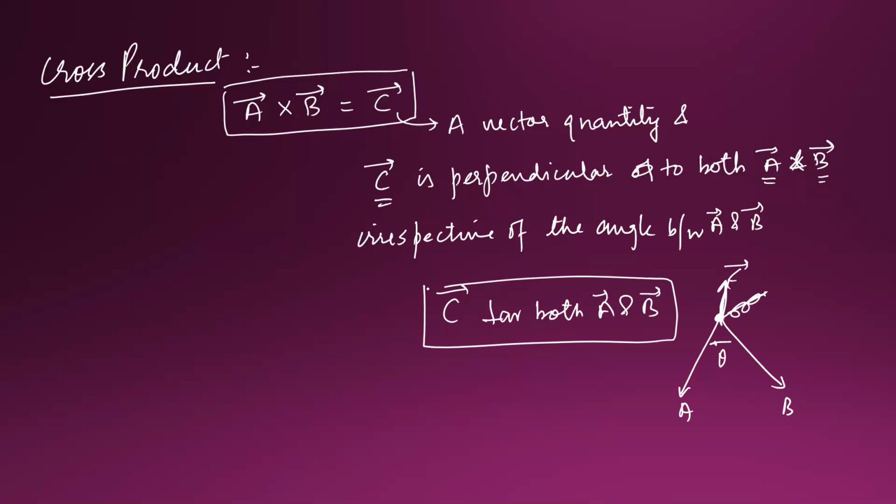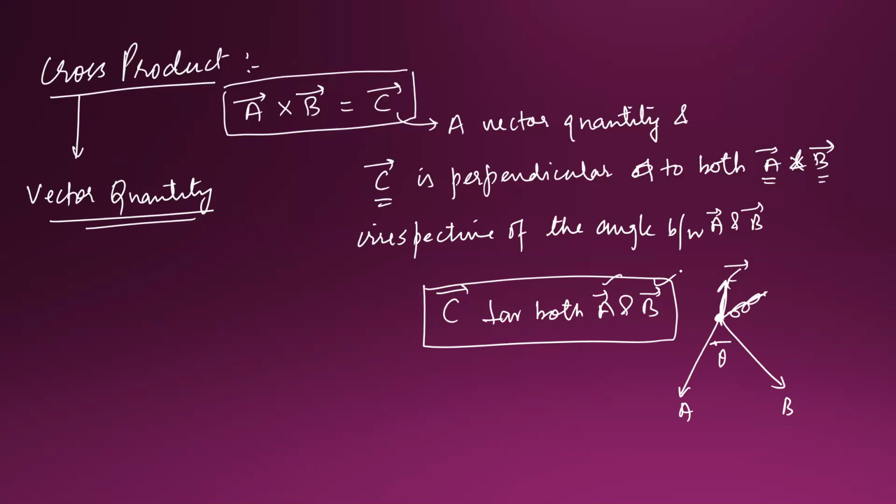मोस्ट इंपॉर्टेंट बात, तो जब कभी भी आपको कोई क्रॉस प्रोडक्ट निकालने को बोलेगा, तो क्रॉस प्रोडक्ट से हमेशा आपको एक वेक्टर क्वांटिटी मिलेगी. क्रॉस प्रोडक्ट से हमेशा क्या मिलेगी आपको, एक वेक्टर क्वांटिटी. और ये जो भी वेक्टर होगा, दिस विल बी परपेंडिकुलर टू बोथ a एंड b.